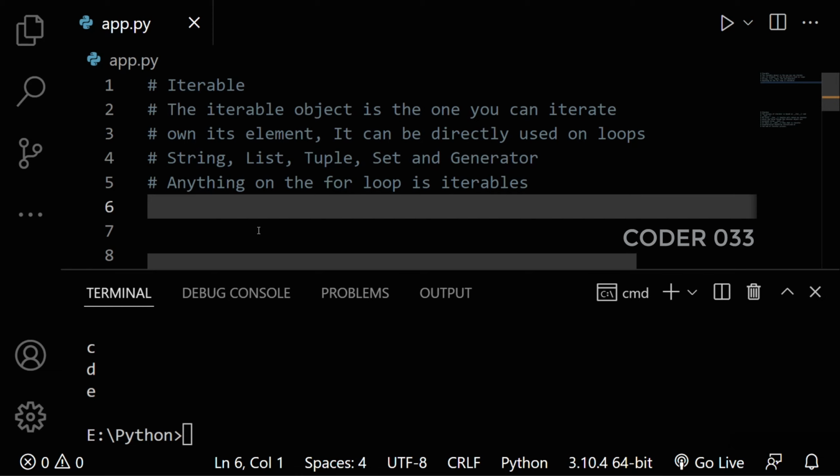It can be directly used in a loop: string, tuple, set and generator. Anything in the for loop is iterable. Okay, iterable is nothing but your normal loop-through, which is called iterable. Okay, for an example here,